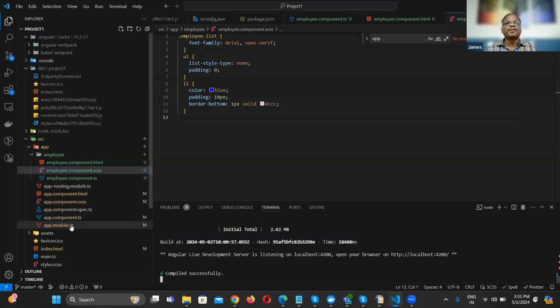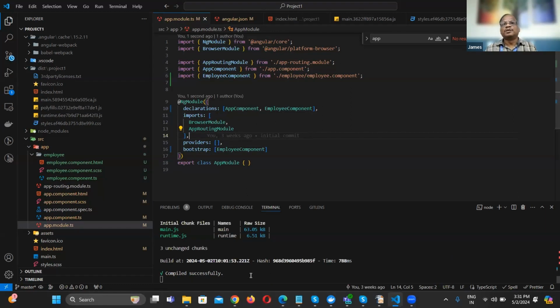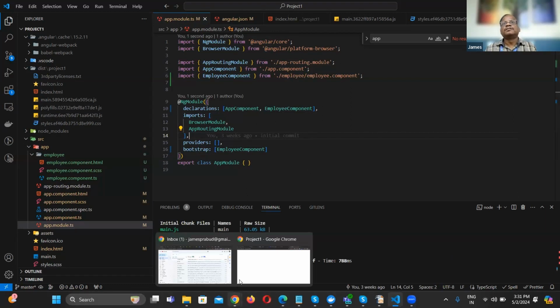So if you go to app module, here our Angular CLI automatically added that new component. But still, in the bootstrap we have mentioned app component as the default display component. So we just need to copy and paste here. But still it won't show. I'll tell you why. So nothing is showing here, right? So the thing is that